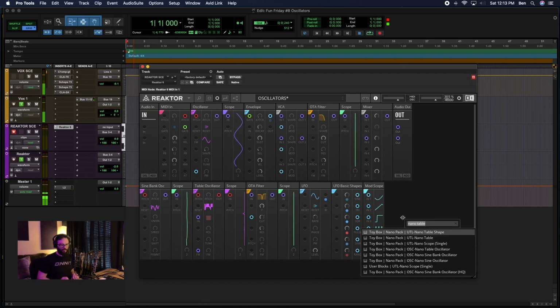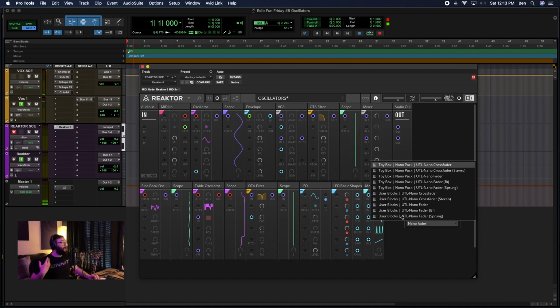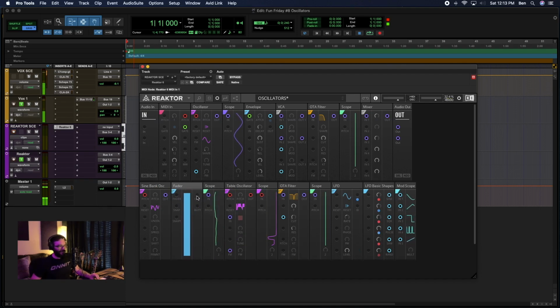What you could do if you want a little bit better control over a particular control, you could actually just bring in a nano fader, and this will allow you to actually patch in something to control a particular knob if that's what you want to do there. So